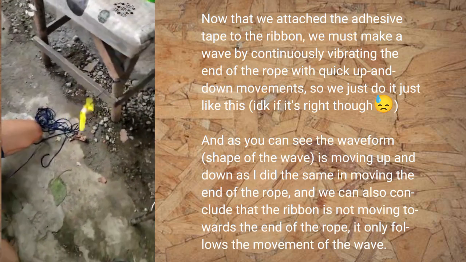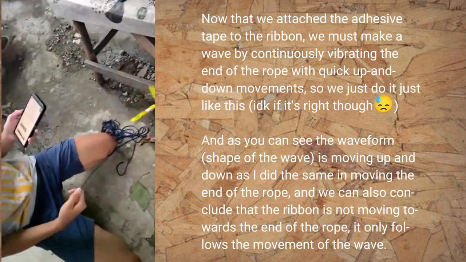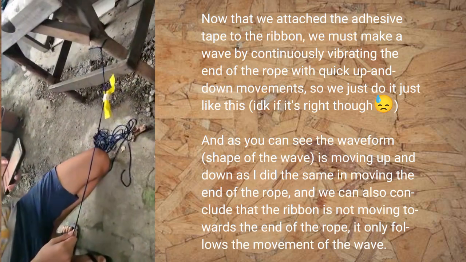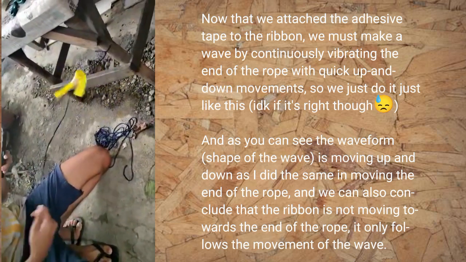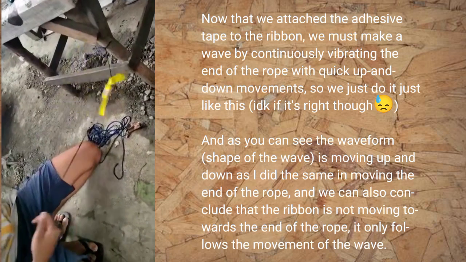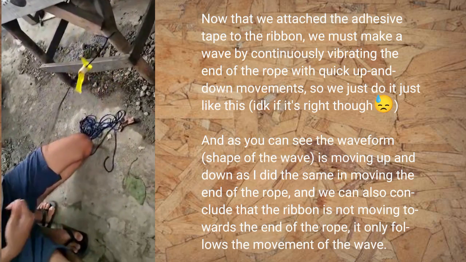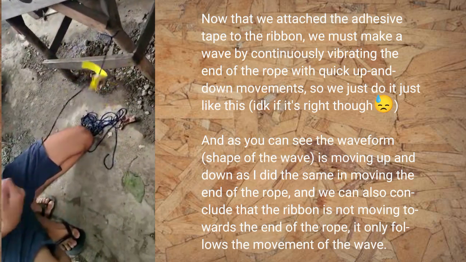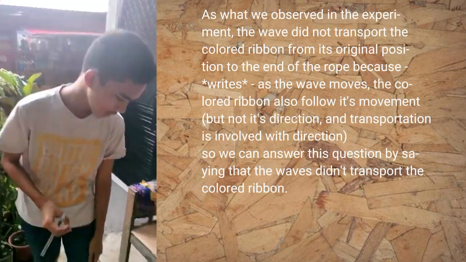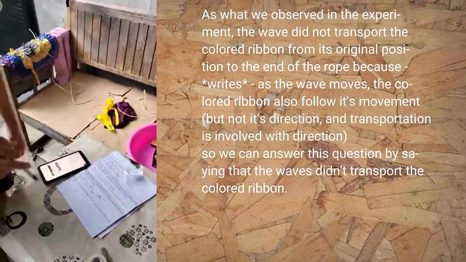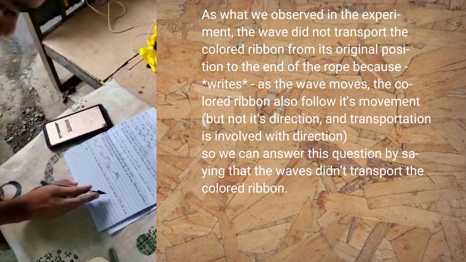So we just do it just like this. And as you can see, the waveform, the shape of the wave that was formed, was up and down as I am moving the rope up and down. And you can also conclude that the ribbon is not moving towards the end because it only follows the movement of the wave. As we observed in the experiment, the wave did not transport the colored ribbon from its original position to the end of the rope